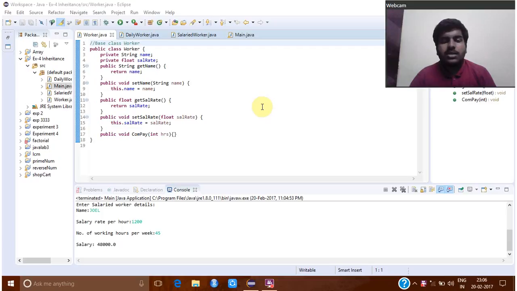This is my fourth experiment from Java Programming Lab, and in this we are going to be using the concept of inheritance. The question given to me is to create a base class called Worker in which we have the attributes salary, salary rate, and name. And we have a method comPay which is going to be overridden in its derived classes,